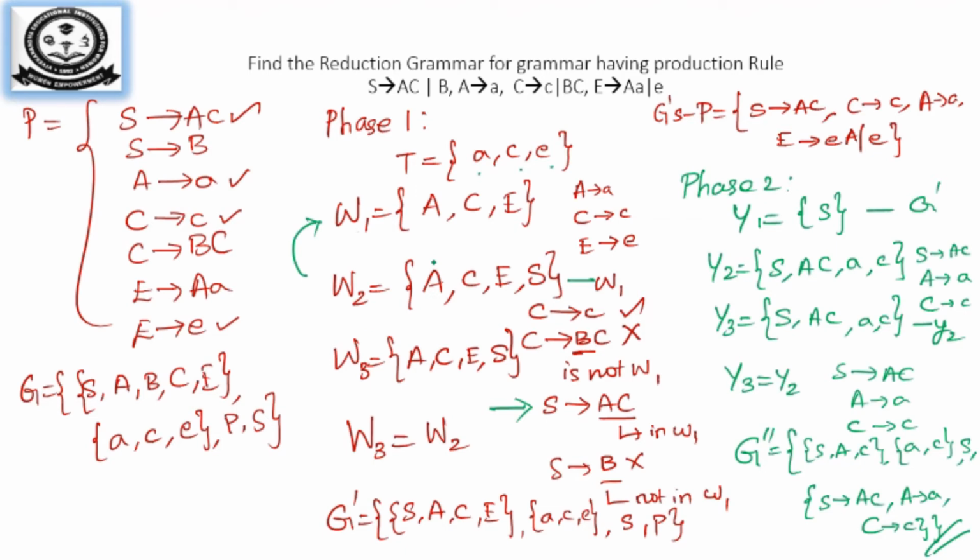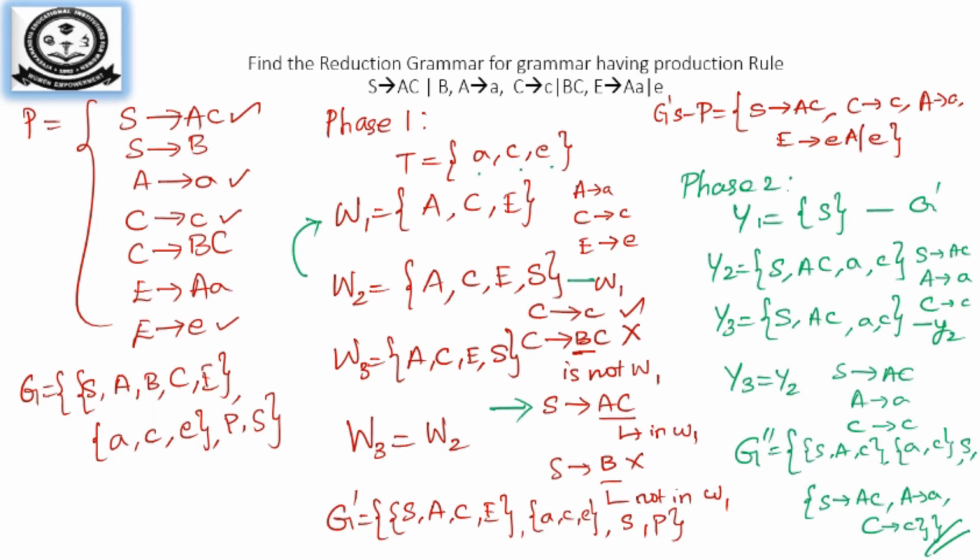So again the same rule. So we form the first grammar, the reduced grammar is this one. Now we are trying to find the next grammar which can be derived from the start symbol S. So when you do that, you can see S tends to AC, so you will have S, A, C. Then A derives small a, so A is already in Y2, so A derives a will be included, and C derives small c. When you repeat this step for Y3 with Y2, the same is derived, so Y3 and Y2 are the same, so we will form the reduced grammar here.